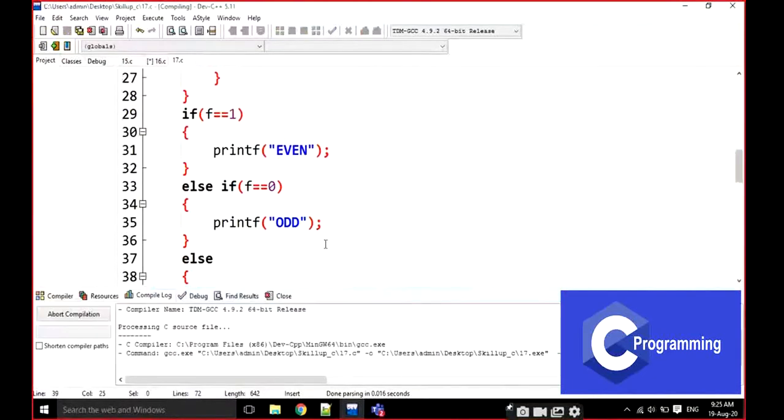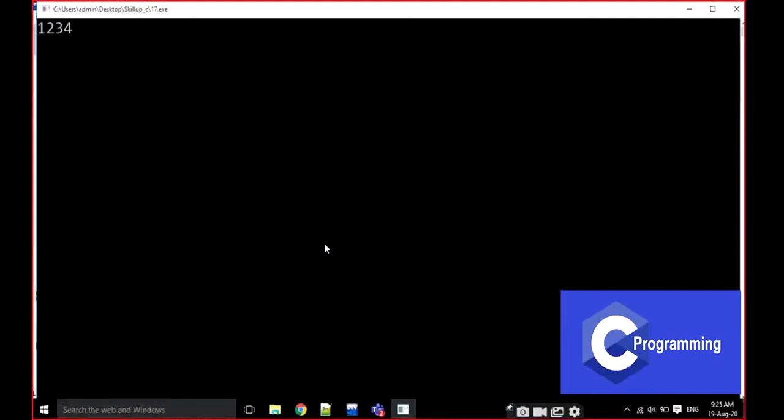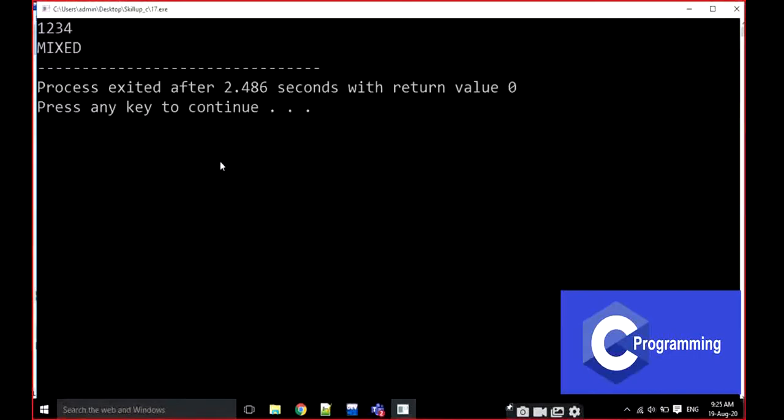For example, if I am going to execute it, just look here: 1, 2, 3, 4 is a mixed one. Why? Because the whole number is even, it is going to be treated as even. It is going to be checked with 4. No problem for 4, because the number is even and the digit is also even. No problem. Then next 3.